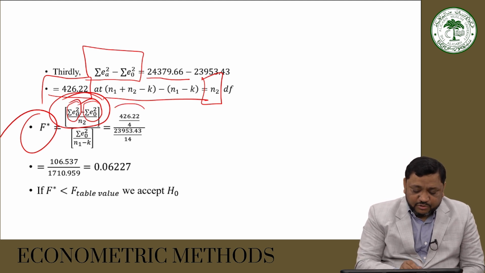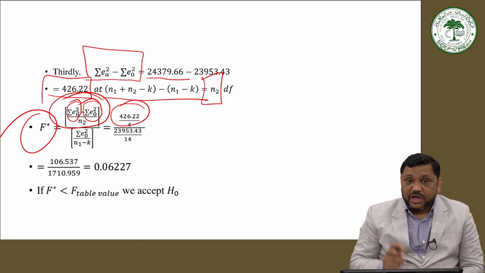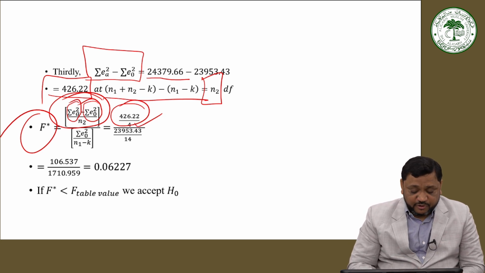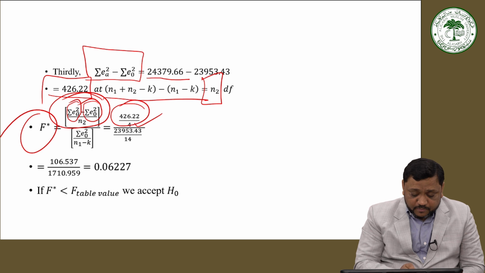So that is equal to 426.22, and what was the n2? There were four items, so we write divided by 4, and here it is